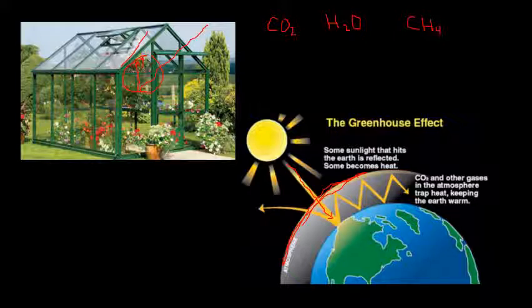However, what happens with infrared, when it hits the earth and warms it up, as the infrared starts to go back out, just like in the greenhouse, it traps it. It holds it in, and it warms up the planet a little bit. That's why it's called a greenhouse. It's like a blanket that covers the earth and warms us up.